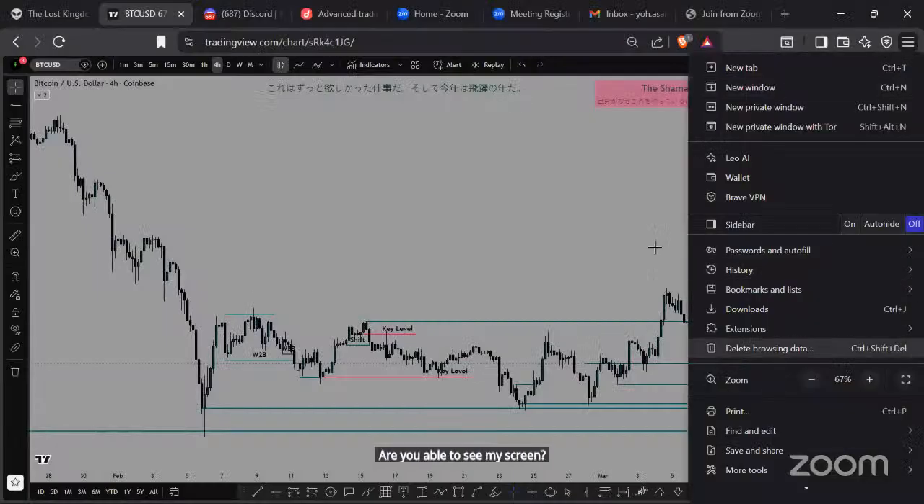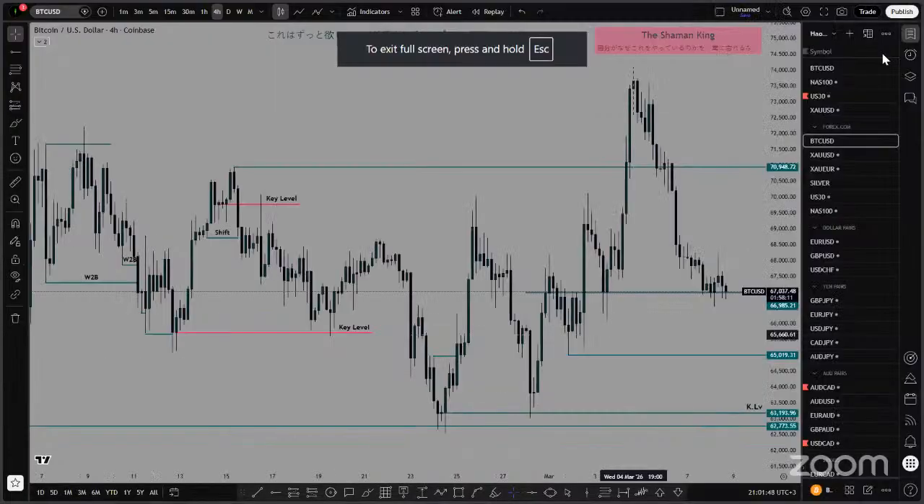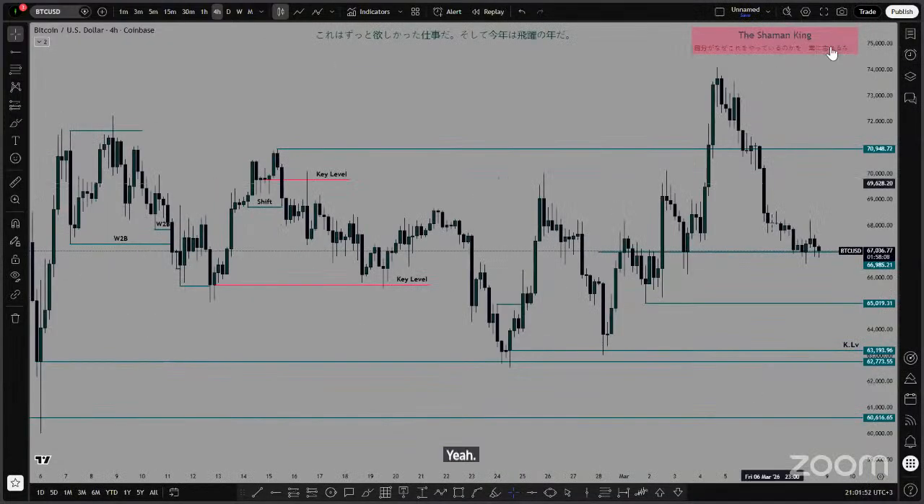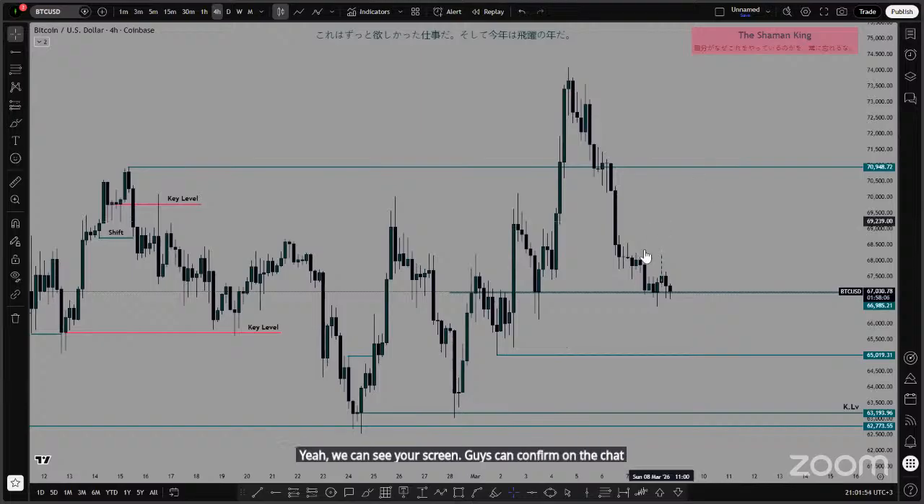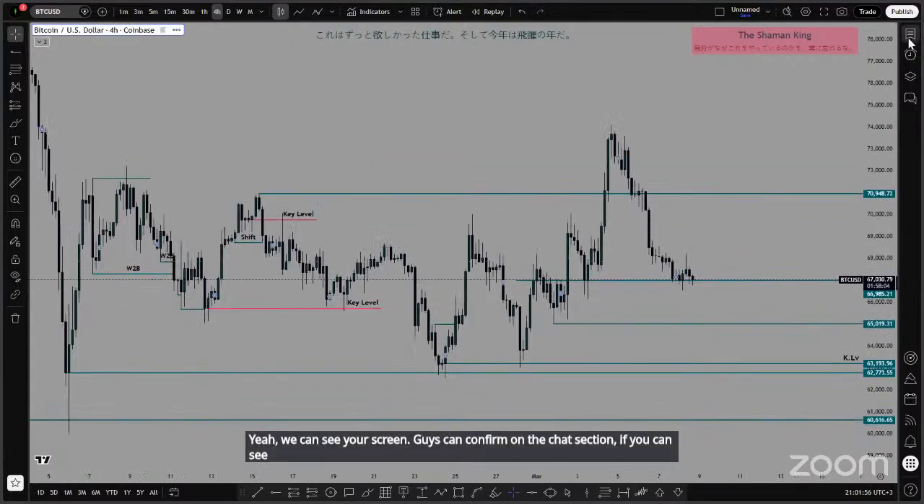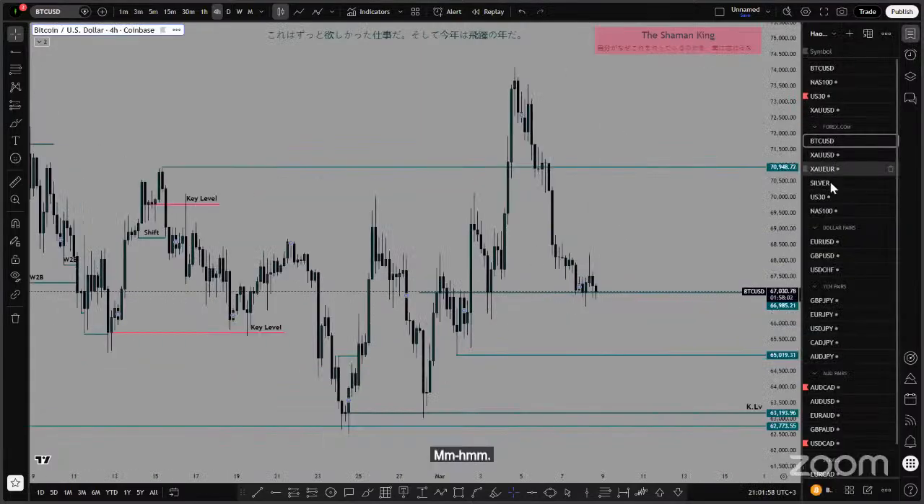All right. So I don't really have, the only pair I'm looking at is gold. I'm looking at continuations. Let me share. Are you able to see my screen? Yeah, we can see your screen. Guys, you can confirm on the chat section if you can see Askura's screen. Okay,